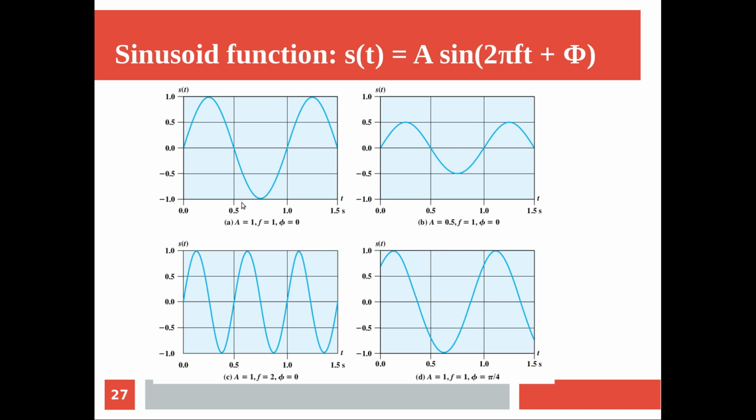And phase, we already saw what phase is. Here you can see that the complete cycle comes like this, and no part of the signal is shifted to the negative part of the x axis. So this signal has phase shift equal to 0, and the same applies to this one and this one.